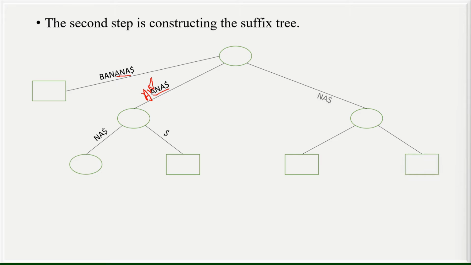Similar in this scenario as well. It was NA dollar, which will now get split into NA and dollar, and the previous NA which was there will come down here.